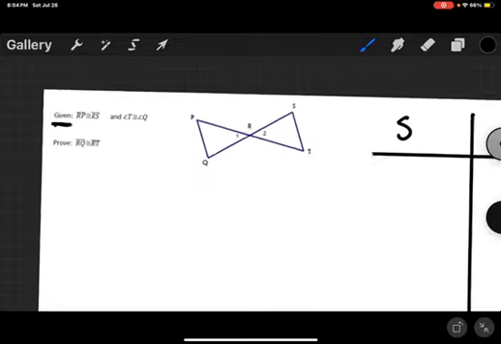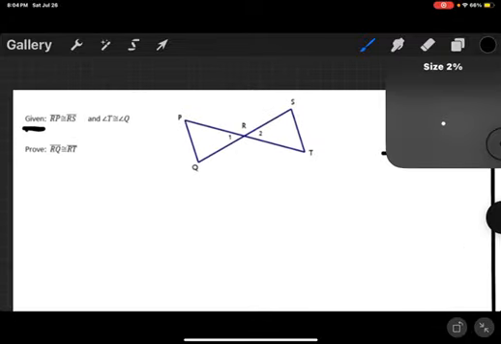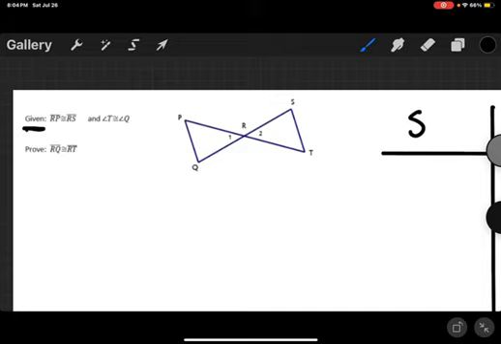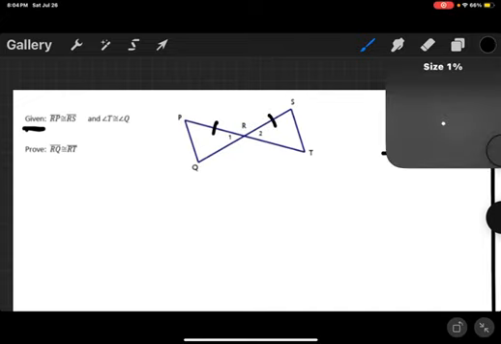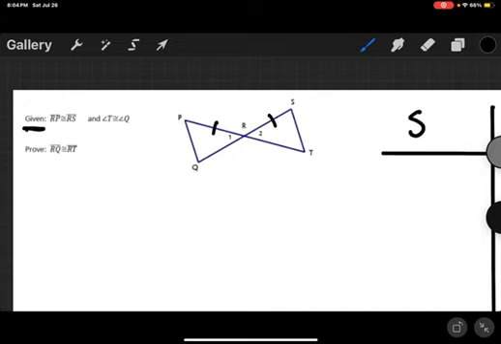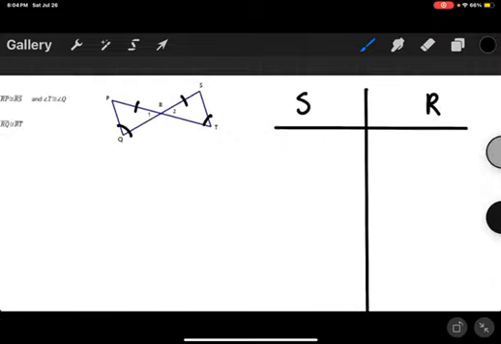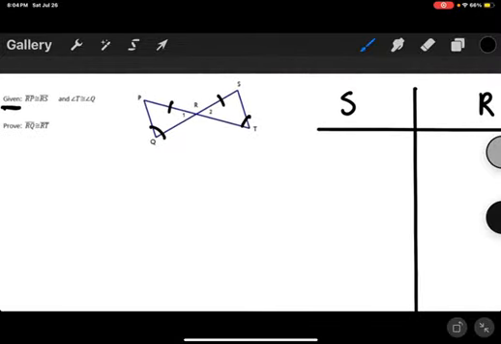It was given to us that segment RP is congruent to segment RS. It's also given to us that angle T is congruent to angle Q. So let's write our givens down. That's going to be step 1. So number 1,